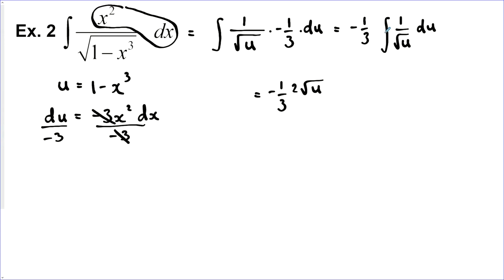And it's an indefinite integral, so I'll need a plus c. And I'll just tidy this up here. How about negative 2 over 3 and the square root of u, which was 1 minus x cubed